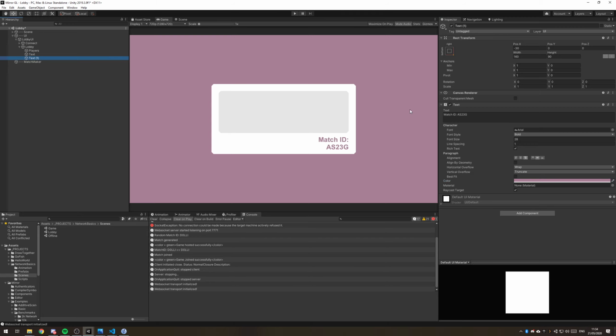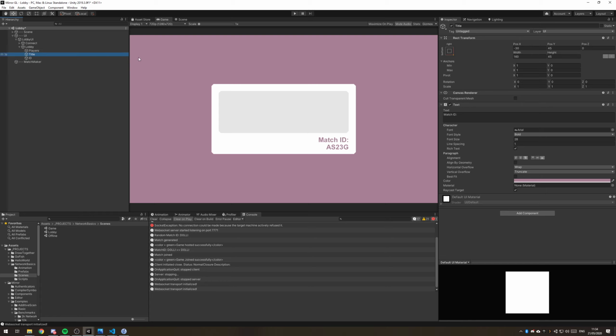Or maybe let's do two, one for the title and one for the actual ID. Then it would be 45 and 45, but this one is the ID and that's the title, so title would go up by 45. That would be on the lower end, this will be on the upper end,